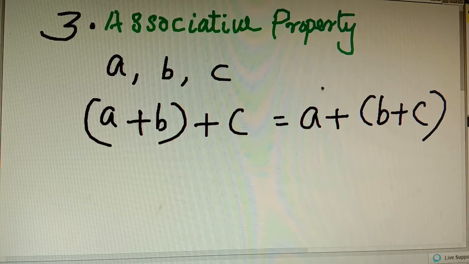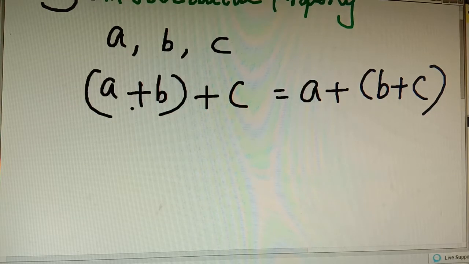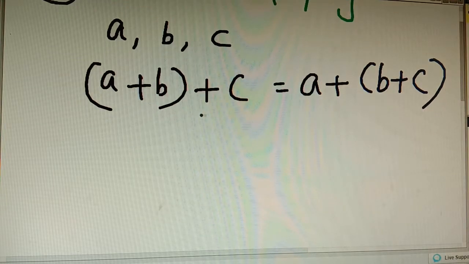Okay, as an example we can take three rationals and check. Every time we can see this left side and right side are same. That means (a + b) + c is equal to a + (b + c). Okay, so in case of addition,